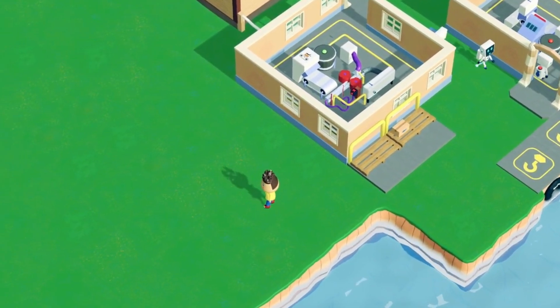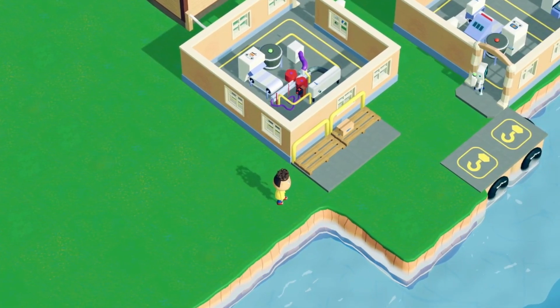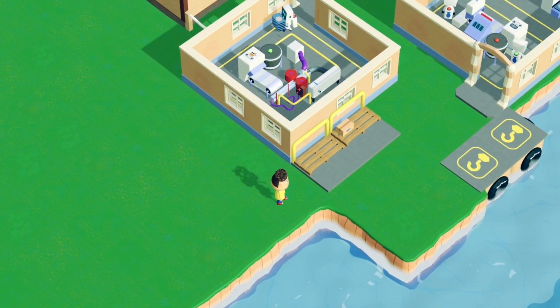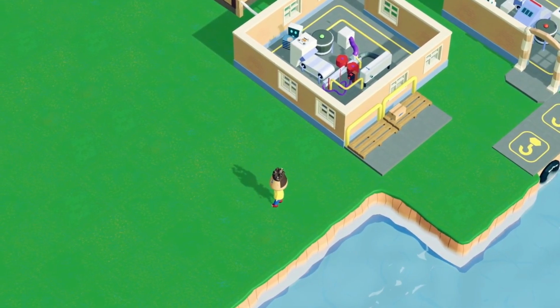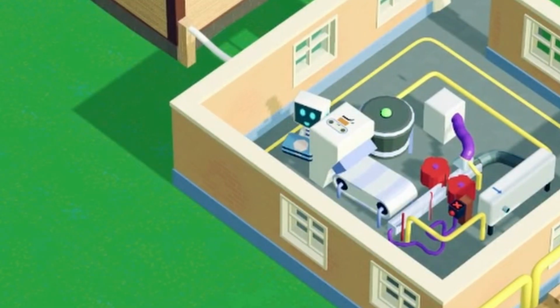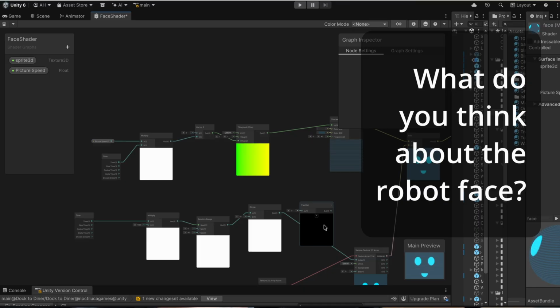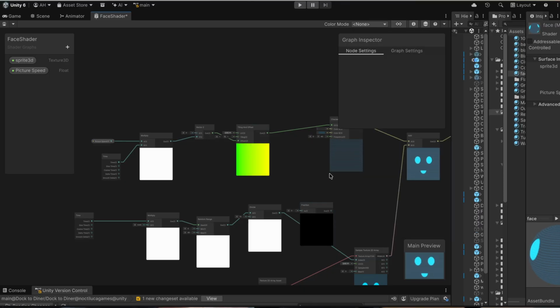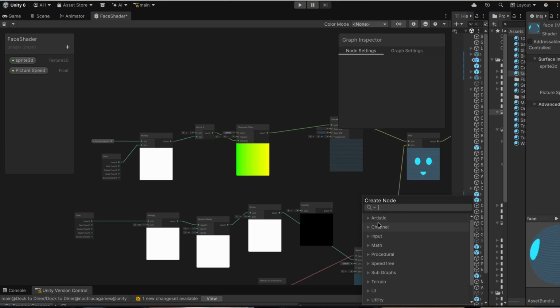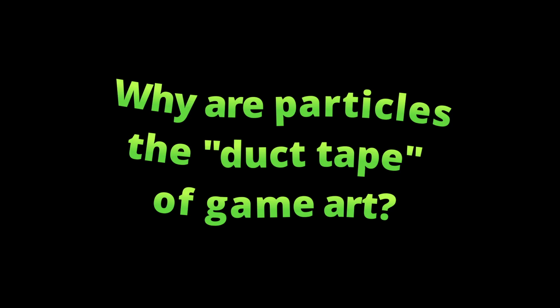I added a shader to the faces of my robot because I wanted their face to move a little bit whilst they were walking. I'm still not sure I'm happy with what I've ended up with, but I will keep working on these shaders. You could spend a lot of time learning shaders, but to do some basic things with shaders, you can achieve a lot with not very much by just linking up a few nodes to make something pretty interesting for different effects in your game.